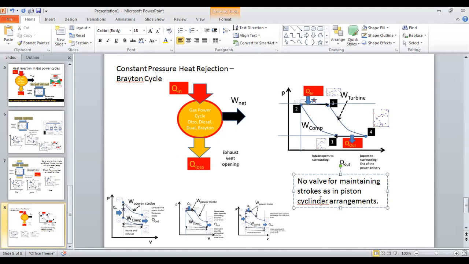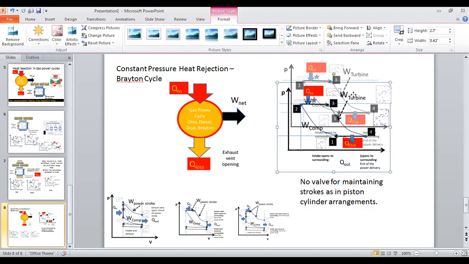In a piston cylinder arrangement there are valves, but here what you have is